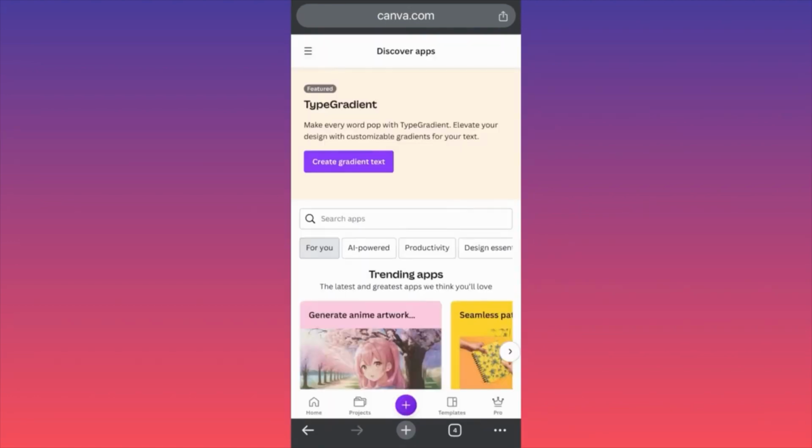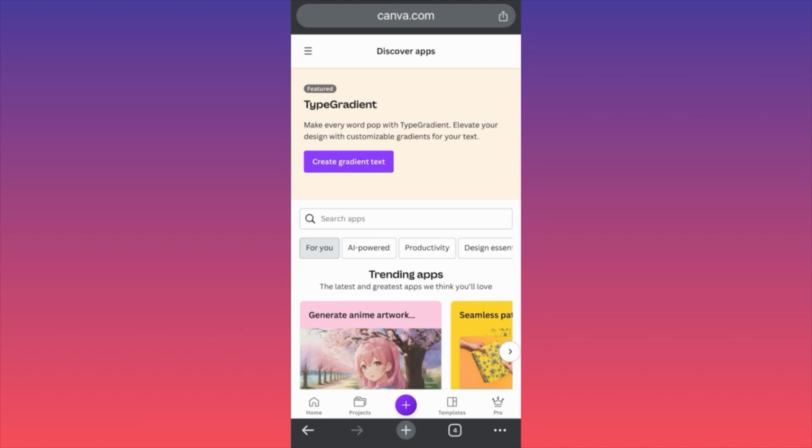Hi guys, in today's video I'm going to show you how you can use Magic AI from Canva. In this example, guys, we're going to use the AI image generator to create a t-shirt design. Okay, it will be very easy, it will be very simple, anyone can do it. The first thing I want you to do is to go ahead and log into your Canva account, and then